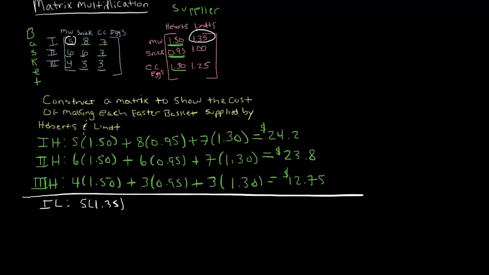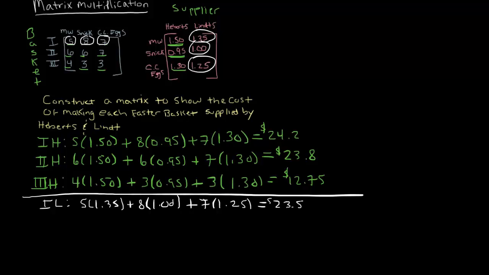Now, as I'm doing this, pay attention to how the numbers are interacting in the matrix. So 8 Snickers. At Lintz, it's $1 for each Snicker, plus 7 Cadbury Cream Eggs at $1.25 each. For a total of